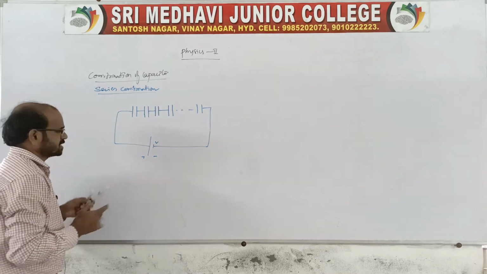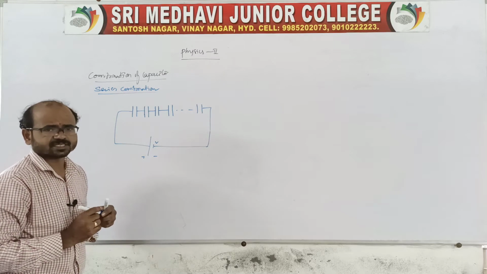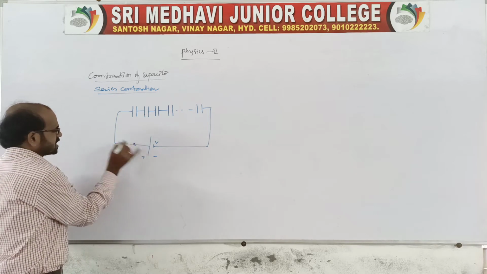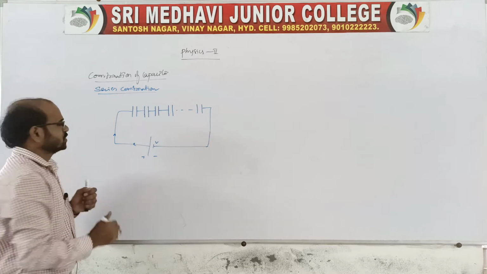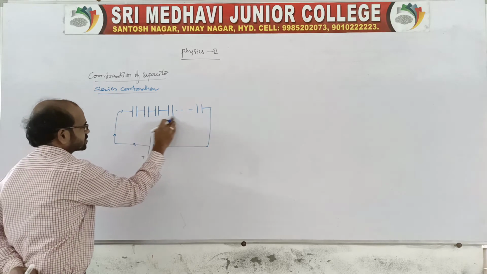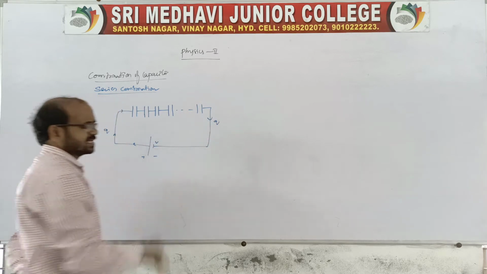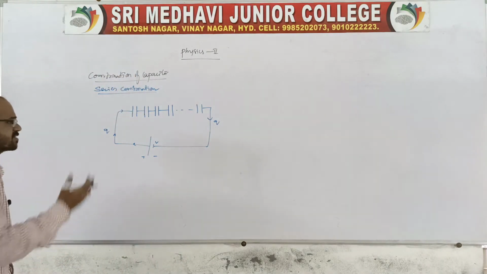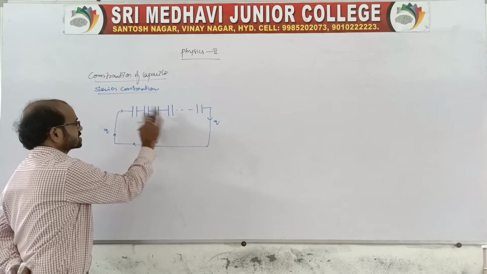In case of a series combination, concentrate, because this is there in current electricity also, related to resistors. The statement and the concept are the same. There will be a charge flow from the battery, from the positive terminal to the negative terminal. In case of a series, you remember the charge remains the same through all the capacitors. There will be no junctions; if there were a junction, the charge might change. In a series combination, on each and every plate of the capacitors the charge remains the same.